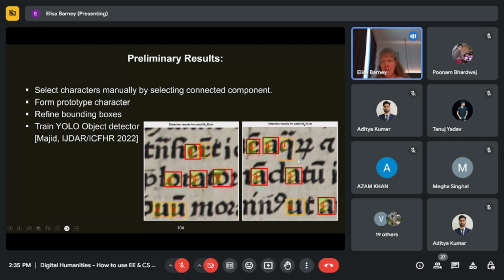Now, some of them are mistakes. This Q was identified as a U, and it's not a U, but it's also color-coded in orange because it's lower certainty that it actually was that case. So we keep working our way through there, and if we can then identify what the different letters are, we